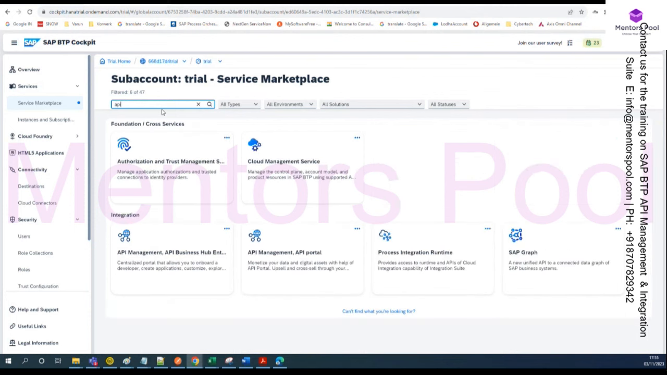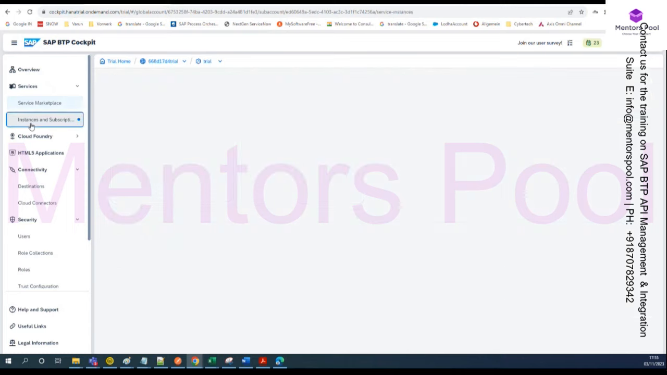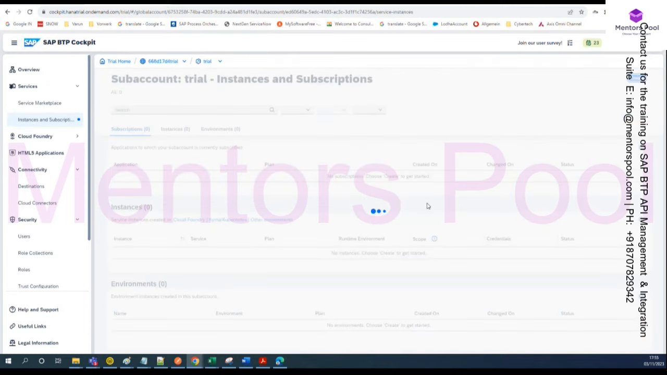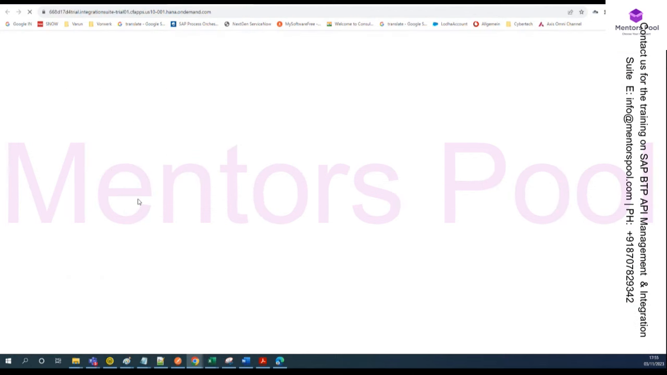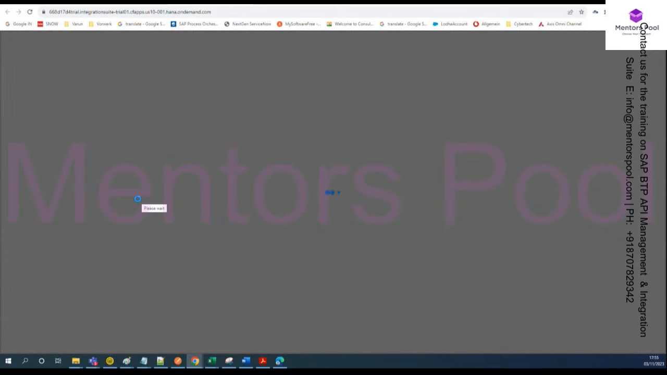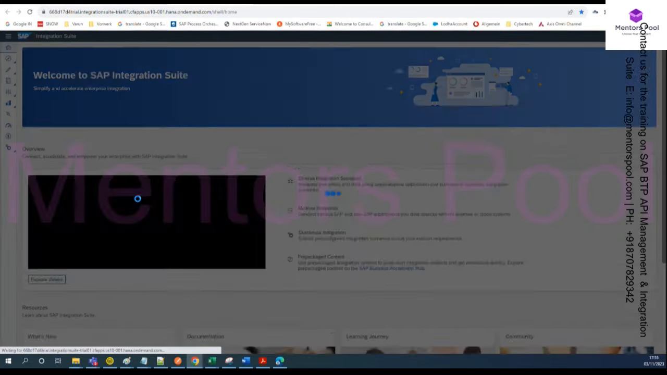So you can also subscribe to API management directly from this tenant. But if you have an enterprise license of integration suite, a complete license, then you also get all the capabilities of integration suite. So one is cloud integration and the second is API management. So when you come here,